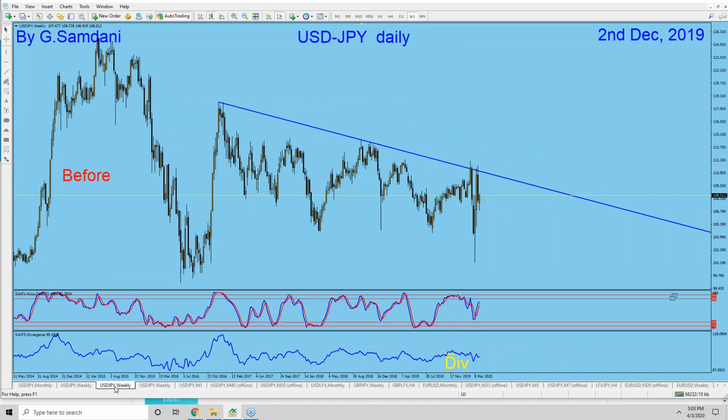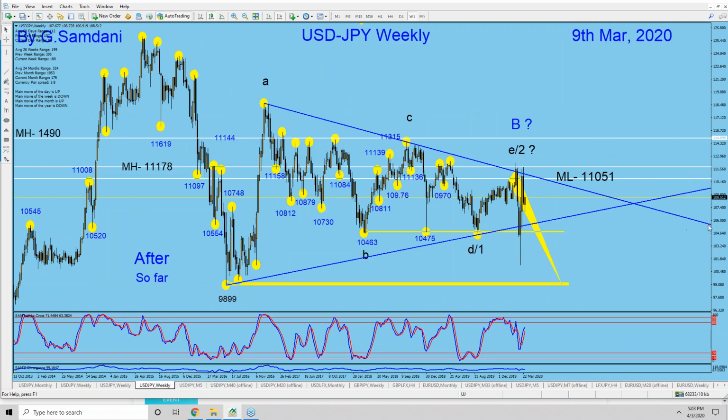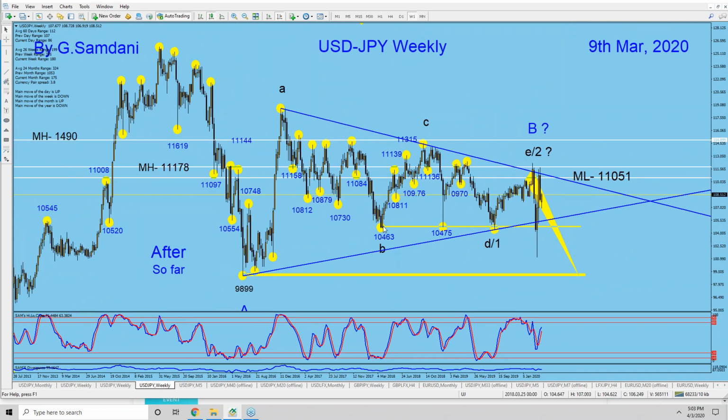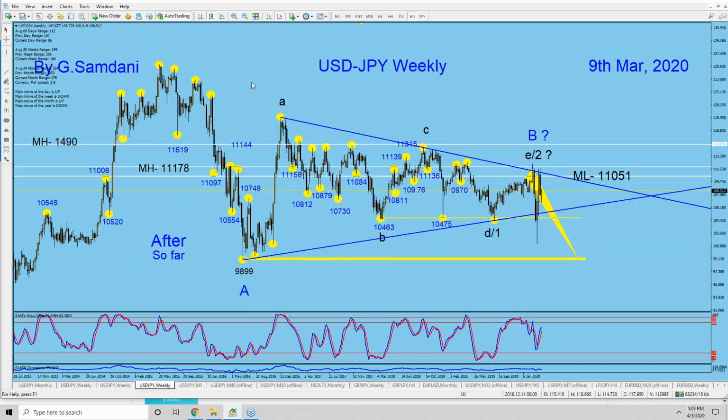Now our weekly chart is what? This. Okay. So our weekly chart is this, that we're gonna be dropping after, again, just like euro index, right? Euro index triangle. On a monthly chart, we have this same triangle, exact same kind of triangle. On a weekly chart of USD yen, we have A, B, C, D, E. After that, it's dropping. It was dropping, but it went up a week before the last week.